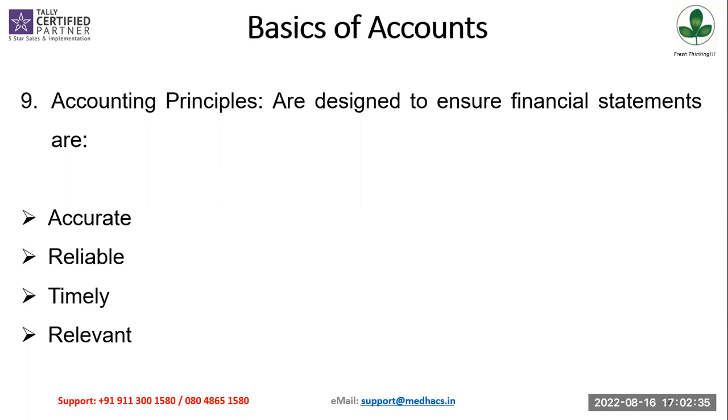Say, for example, I'm keeping the books of ABC Traders, and in ABC Traders I don't want to account for purchases made by PQR Traders. That's irrelevant information for me. So it should be reliable information, and typically it's time-bound information. For which period has this transaction occurred? Is it for the existing financial period or a different financial period? The record has to be only for the existing financial period. Okay.